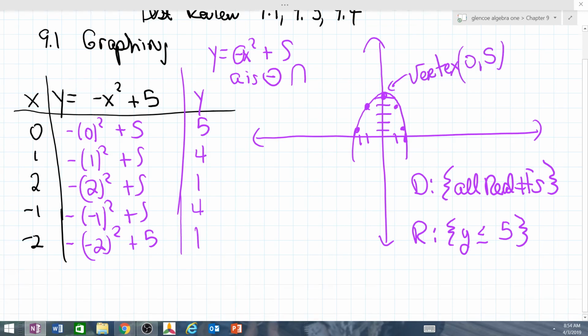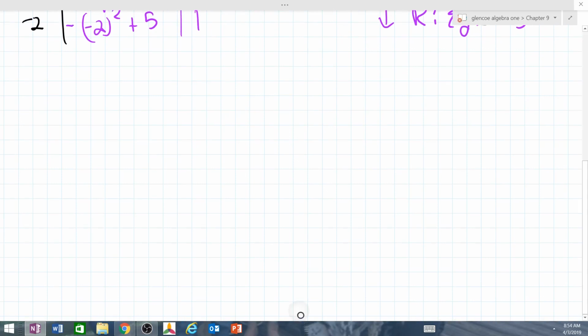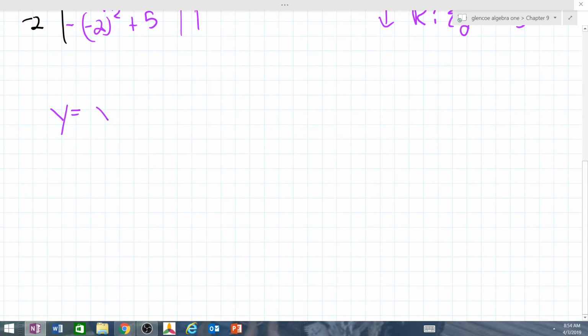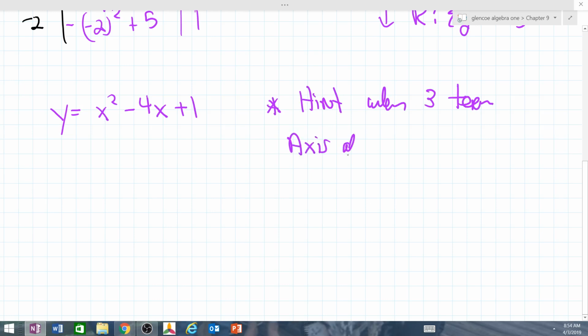Let's try one that maybe has a few more numbers in it and that's a little bit more involved. So let's look at something like this. y equals x squared minus 4x plus 1. So my hint to you, when there are three terms, is I would find the axis of symmetry, which is x equals negative b over 2a, and then I would find my vertex,